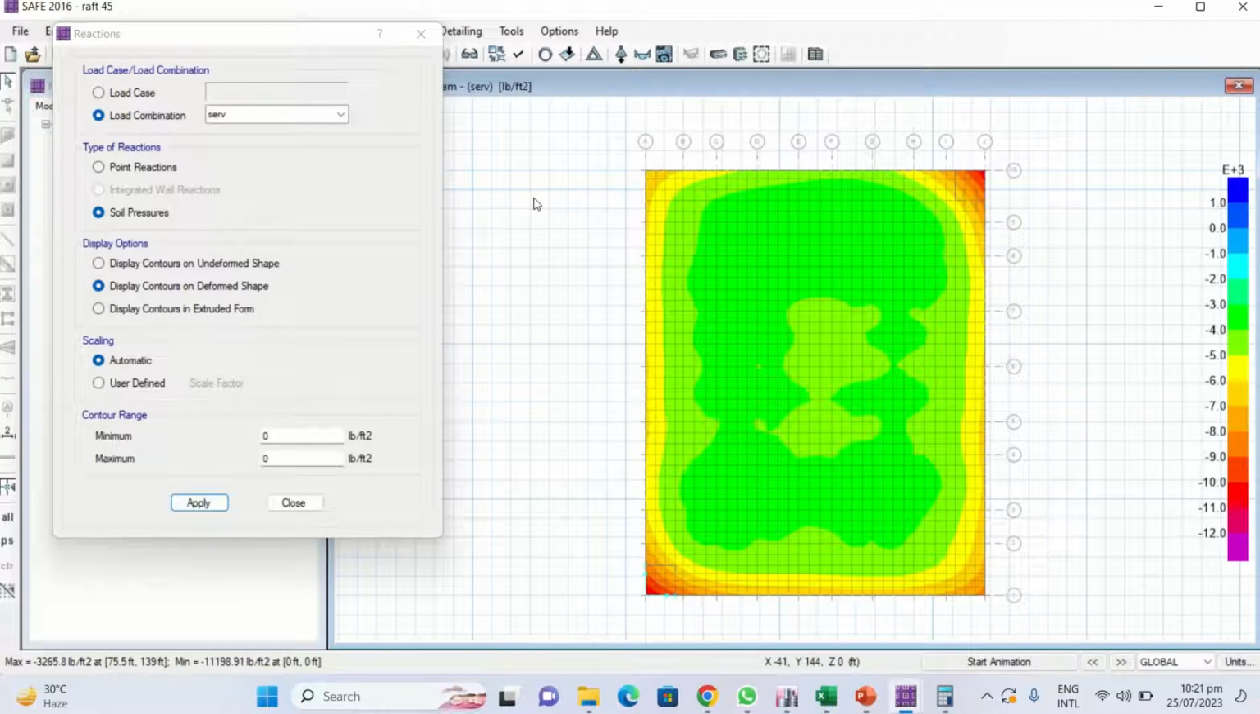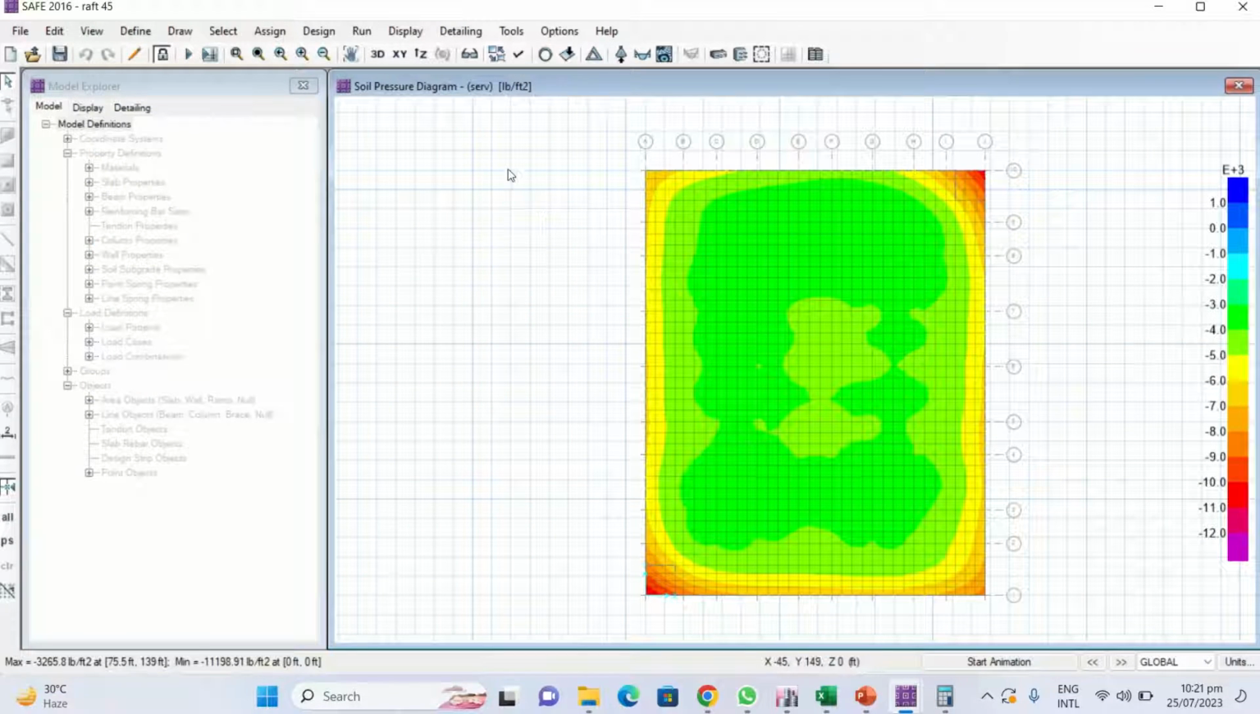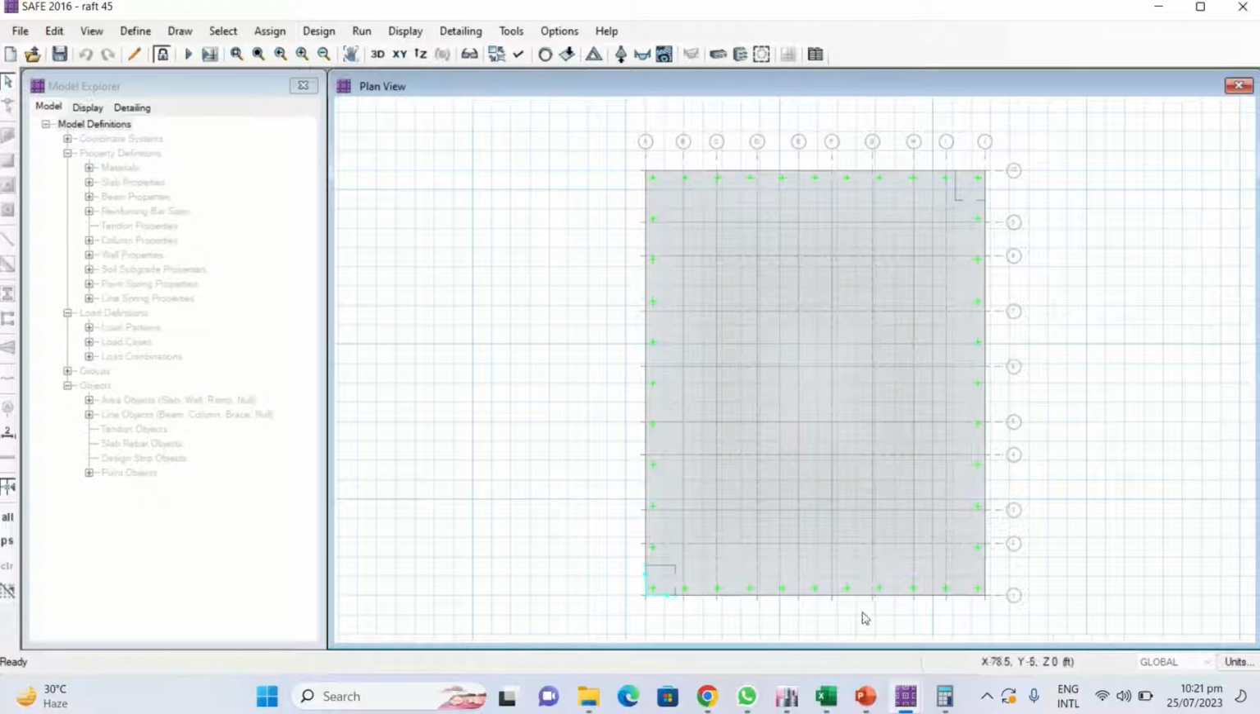Because the software is not capable of going beyond the elastic limit, and the soil properties that has the plasticity index and all other properties, I'm not going into the very detail. So this is how you can check the soil pressures as well, if you are interested. The next would be